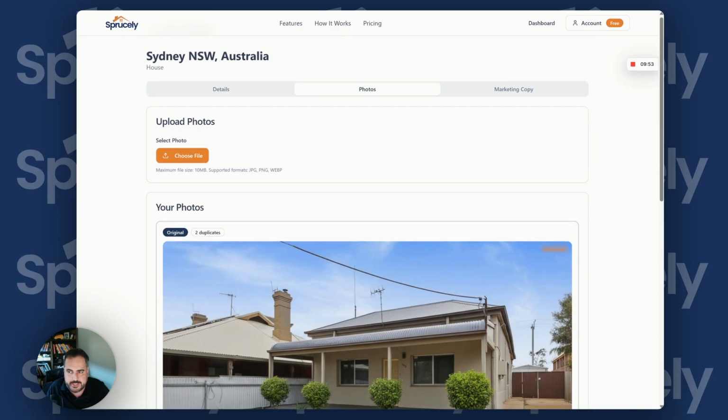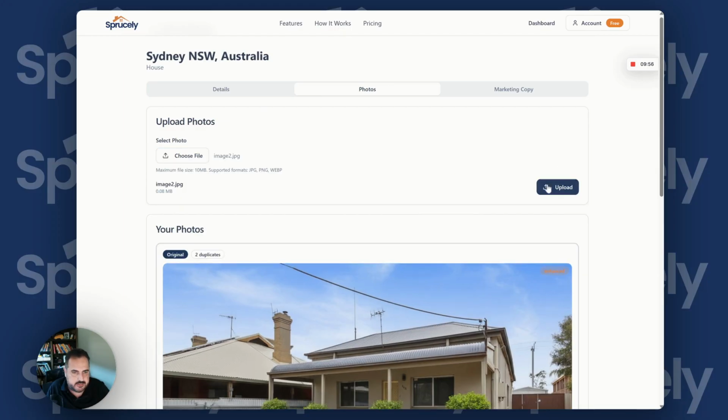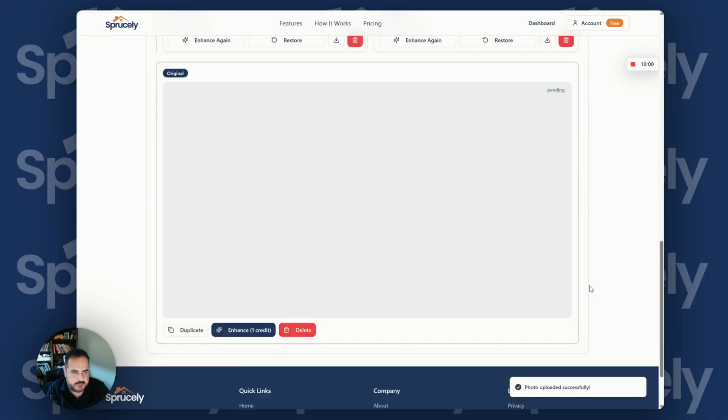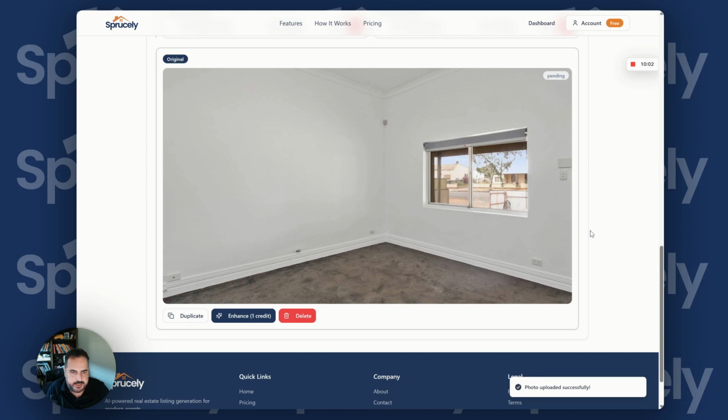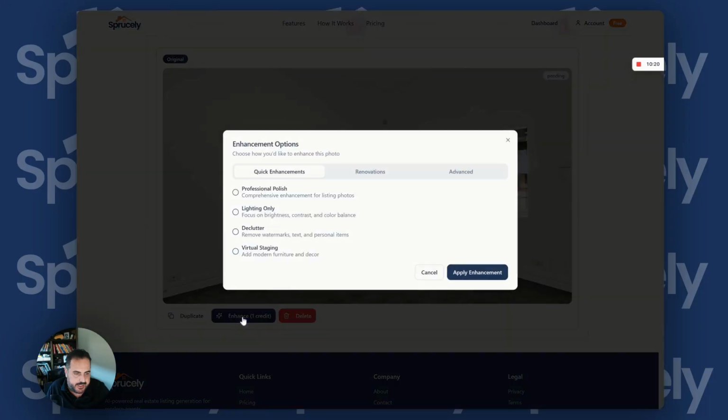So we're going to do an internal, which is very exciting. Let's just say I upload this. I press on upload, and it's going to upload that particular image. Now again, this is a very common type of photo. There's so much you can do with this photo. I mean, if it's an empty room, it's an empty room. But what if you wanted to stage this particular room to a particular buyer, investor, renter, etc.? So what you could do is click on enhance again,